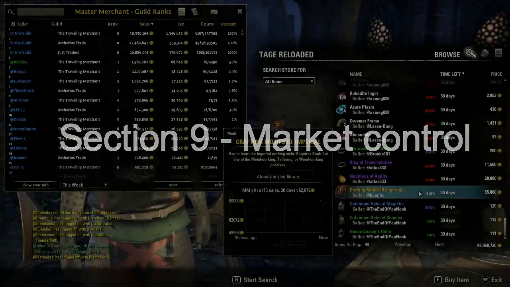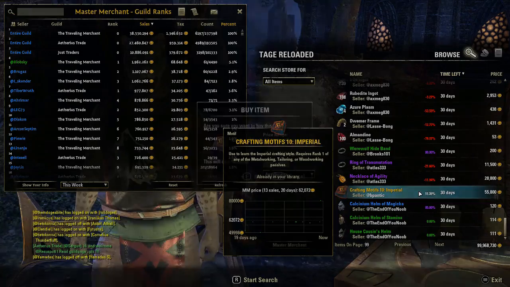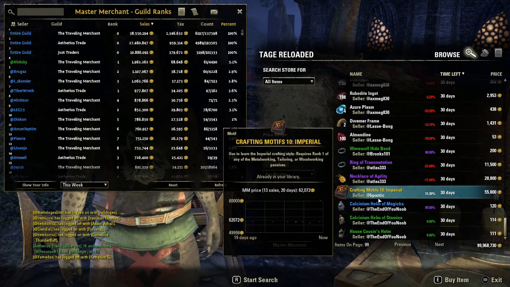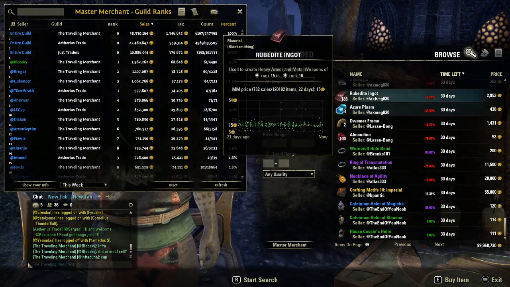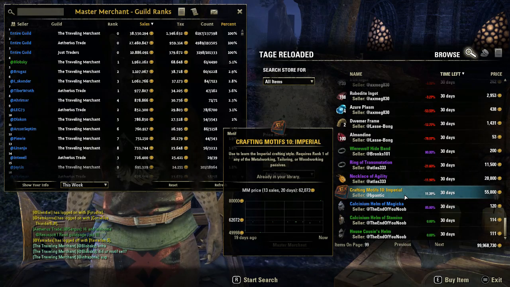Okay, so this is where we're going to get into a bit more of a complicated market approach, which is market control. This is talking me over the clip right now, so I'd already recorded this without any sound. But what you will notice is I'm now talking to my officers in the guild, and this is something that can happen quite a lot behind the scenes, which is manipulating a market, which I did discuss earlier about the wood, but it can also happen to other items such as this motive, which are just not easily found and